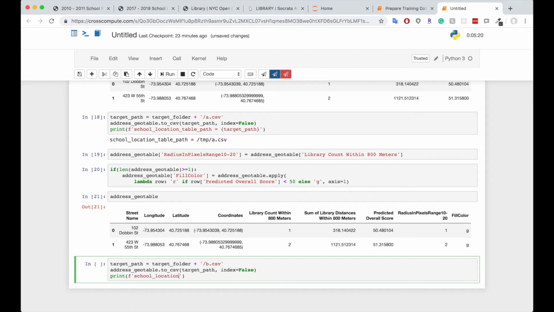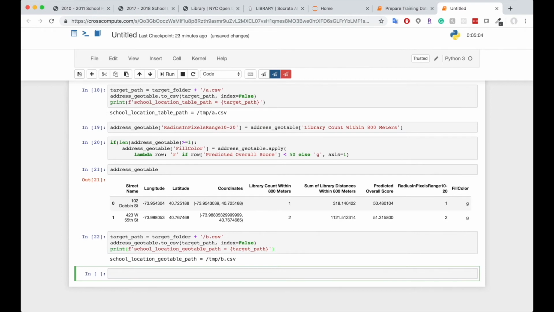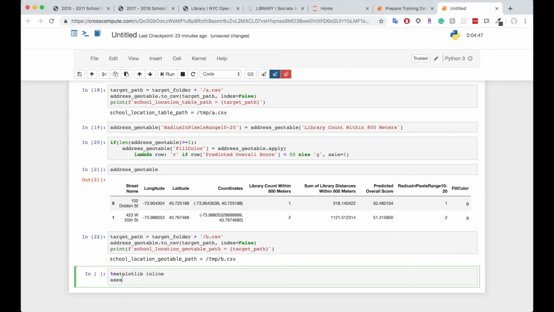location geotable path equals target path. And finally, to render the last type of result, when we run our tool, we render the plot, which we create by %matplotlib inline. We have a variable axis that we set to address geotable